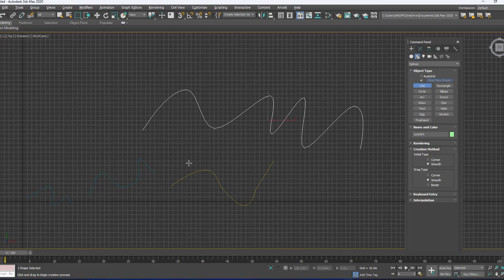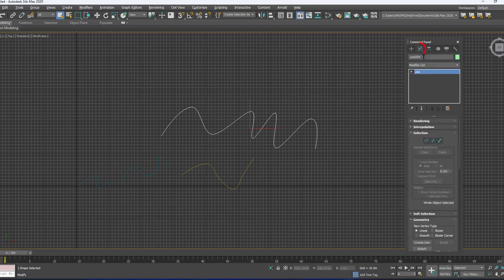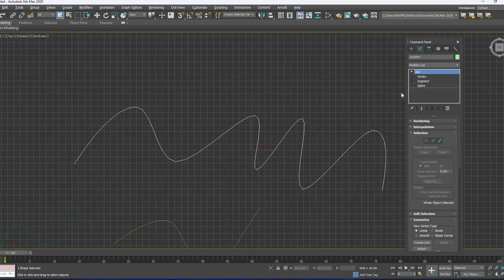Next, in order to modify this, in order to get the edit tools for the particular shape, you just select the line which one you want, and then go to the modify option. So we have the line option, expand it. Once you expand, you will get more options like vertex, segment, and then spline. Vertices are nothing but these points.